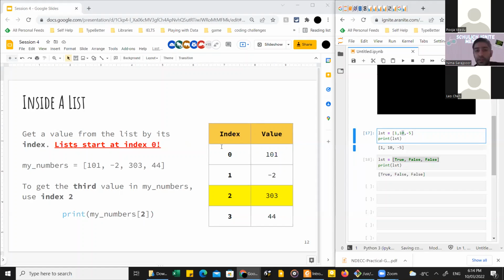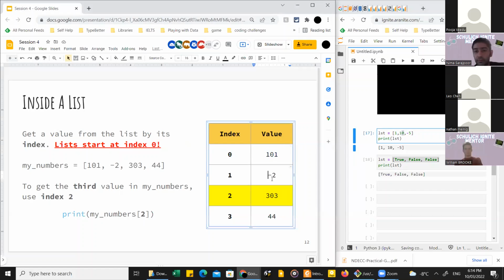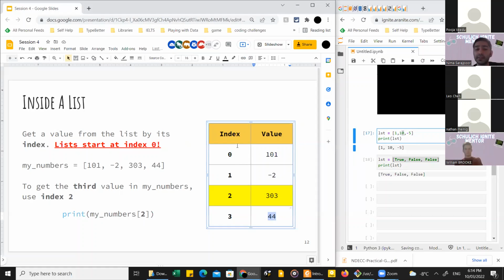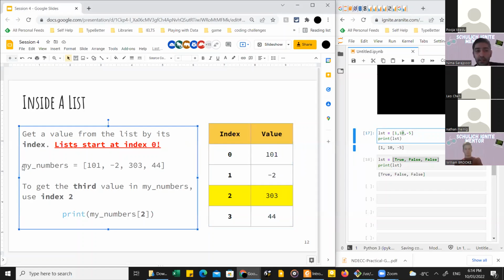So for example, you can see here we give the computer these values: 101, -2, 303, 44. And the computer, behind the scenes, which you don't see, considers the indexes 0, 1, 2, 3 for these values. So if my list from left to right is 101, -2, 303, 44, the first one has the index of 0, not 1. This is 1, this is 2, and this is 3. And the index is a way that gives you